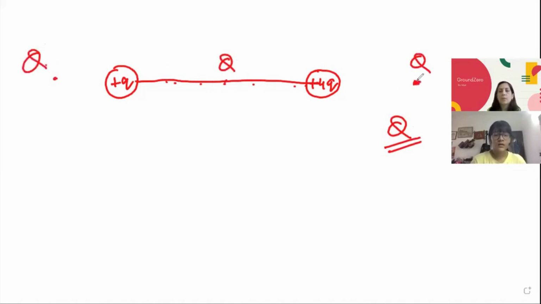So what will be the force on this charge, capital Q, due to these two charges? Let us suppose this is charge 1 and this is charge 2. Both are positive, and the charge we have taken is also positive, right? So what will be the force on this capital Q? Towards right. 1 and 2, it will be repulsive, right? So F1 will be in this direction and F2 will also be in this direction. So should I keep it here? No, because the net force is not equal to 0.